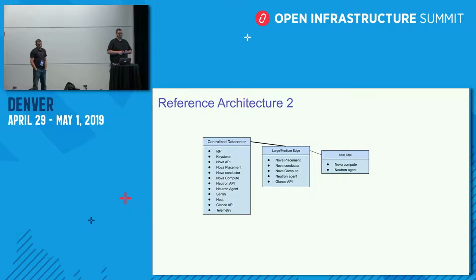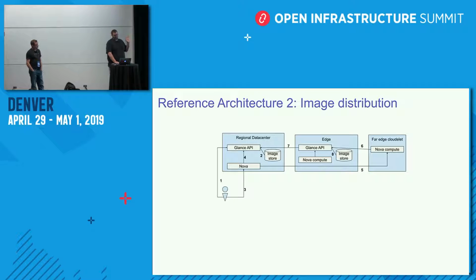For the far edge sites, very similar to the case above, you have hypervisors running Nova Compute and Neutron agent. So in this model, the user would upload an image to Glance. Maybe it's already there. They call Nova in the regional data center. And if they say, Nova, boot me an instance in the large or medium-sized edge,